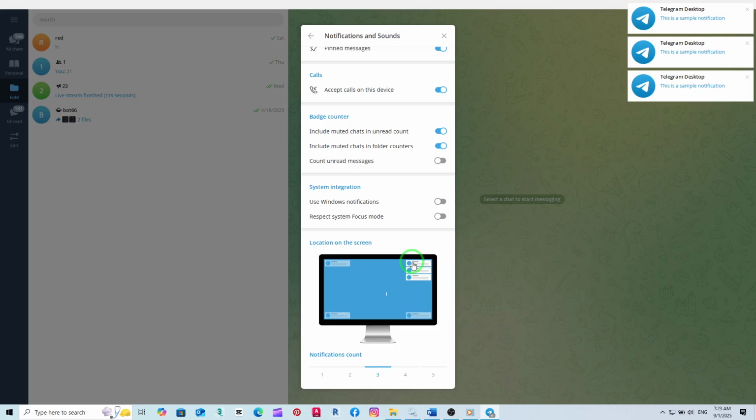This is a simple update, but it makes a big difference and gives you more control over your workspace, especially if you're someone who multitasks on your PC. That's it. You now know how to change the notification location in the Telegram app on PC using the new